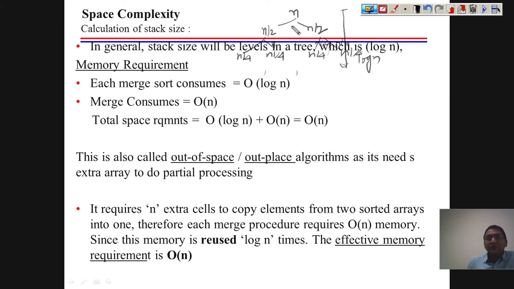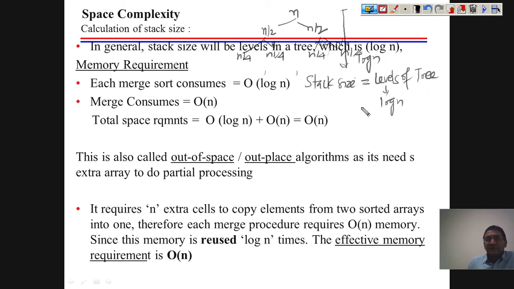So this tree will have log n levels, and we already know that the number of levels in the tree will define the stack size. So you can say the stack size is defined by the levels of the tree. The levels of the tree we have is log n in our case.